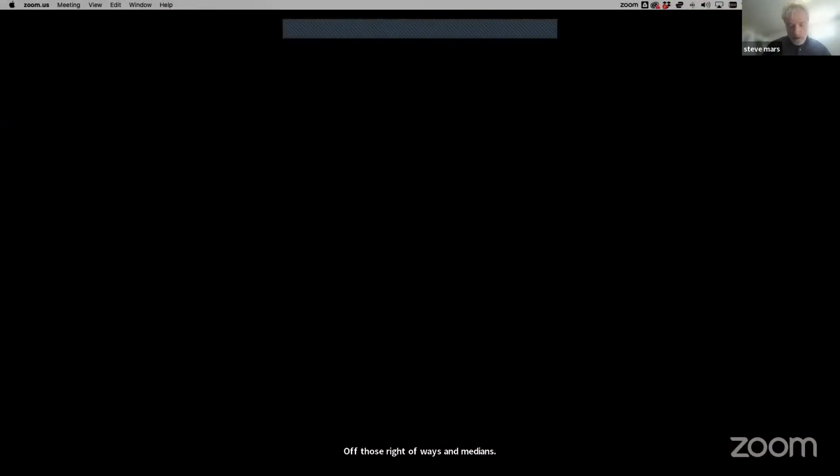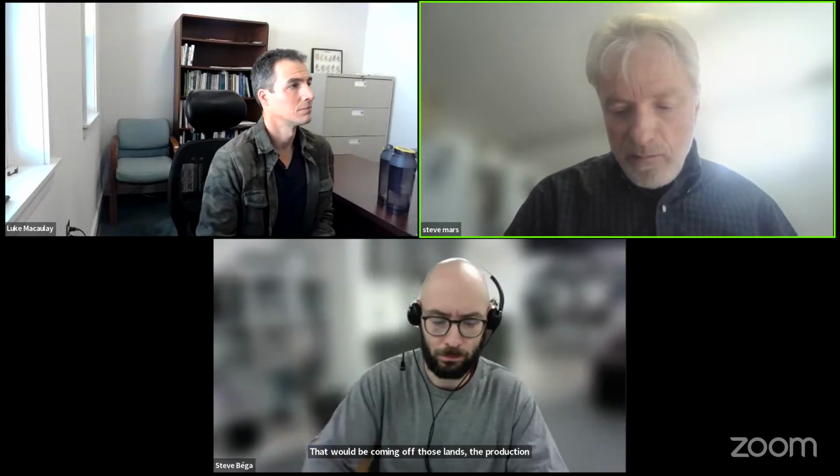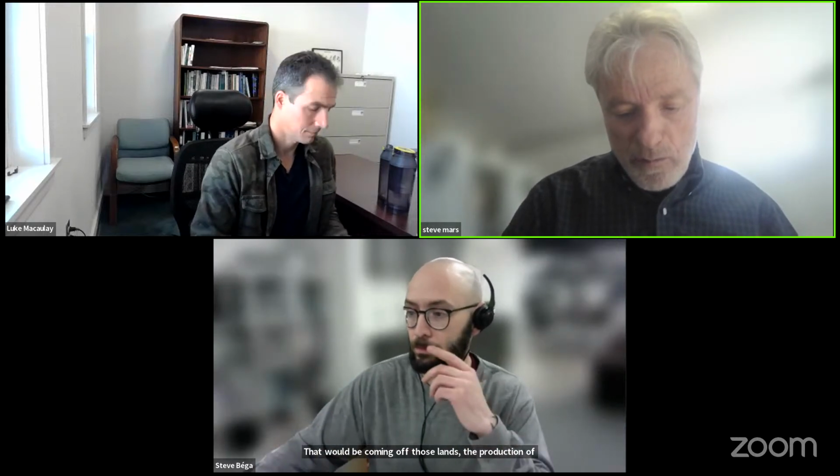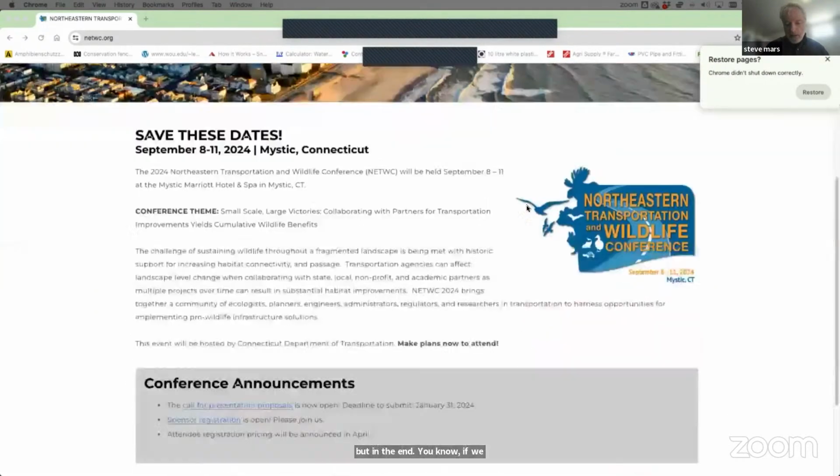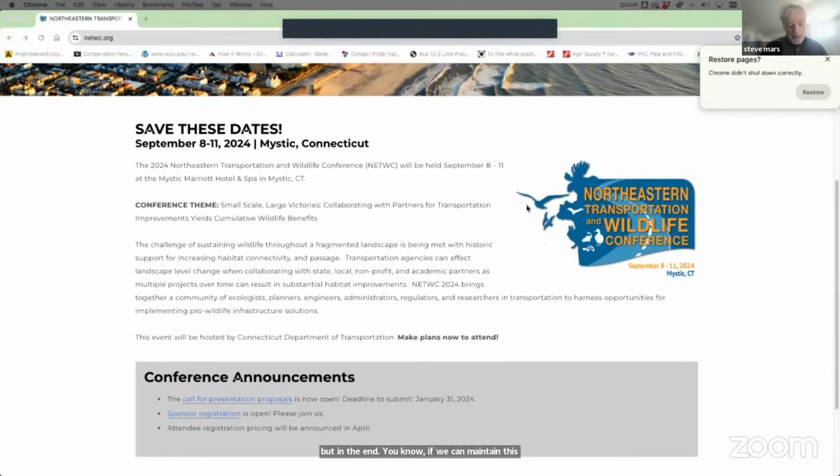And so it was upwards of 20% of the animals coming off those lands, the production of butterflies and bees, that would be hit by cars, but we started with zero production, and now we're getting 80% production off those areas. So these are good questions that are being asked, but in the end, if we can maintain this habitat connectivity, we're actually, in spite of maybe some predator-prey issues going on at the crossings,